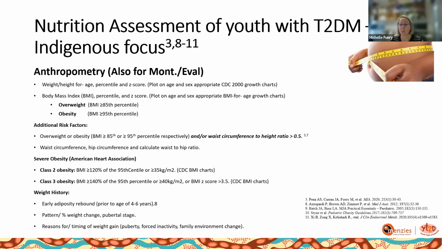Adiposity rebound, which is looking at the increase in BMI in the first year, followed by a fall, and then a second rise in BMI at about 6 years of age. An early BMI rebound before 5 years of age carries a higher risk for adult obesity. Large body size and rapid growth outside of the norm range during the early years of life are both associated with a risk of overweight and obesity in childhood and adulthood.